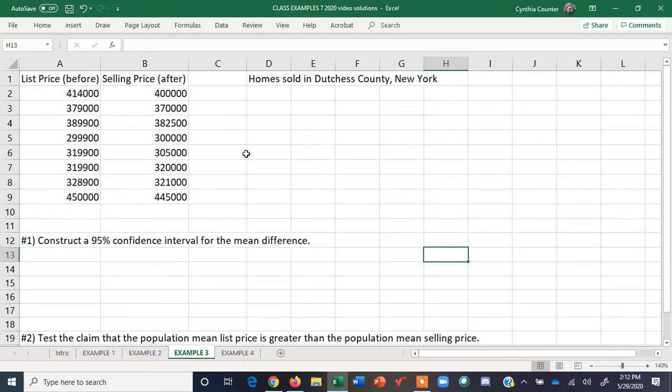So let's begin. So here, what we have are list prices and selling prices of homes in Dutchess County, New York. Not a very large data set, but good enough for our purposes. Notice list price and selling price, I have actually put before and after because when we're looking at dependent data,